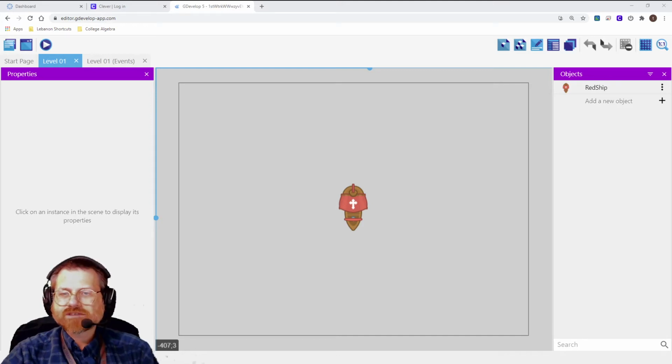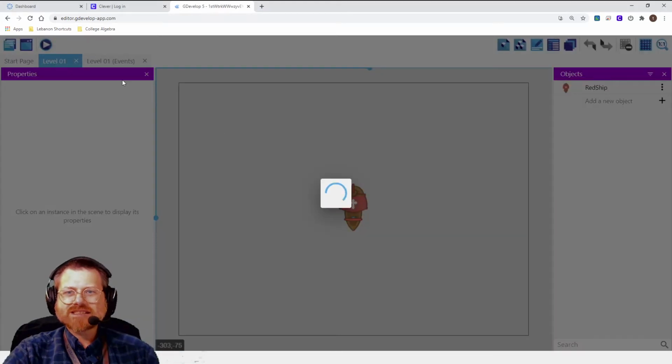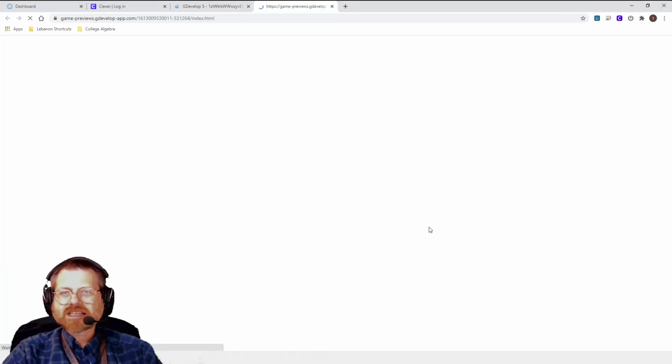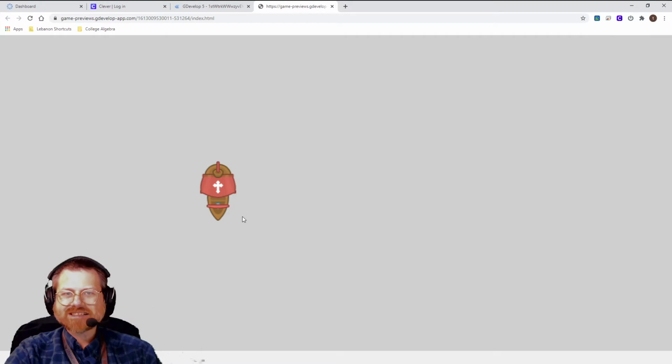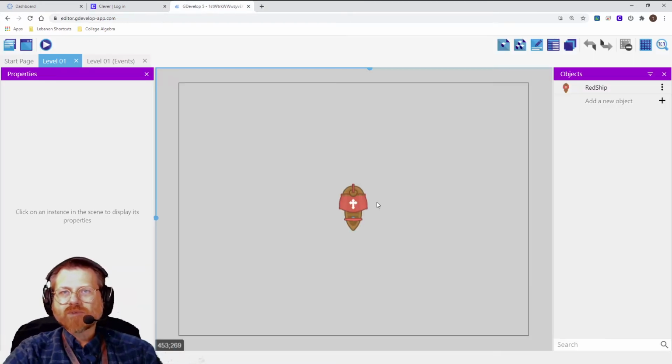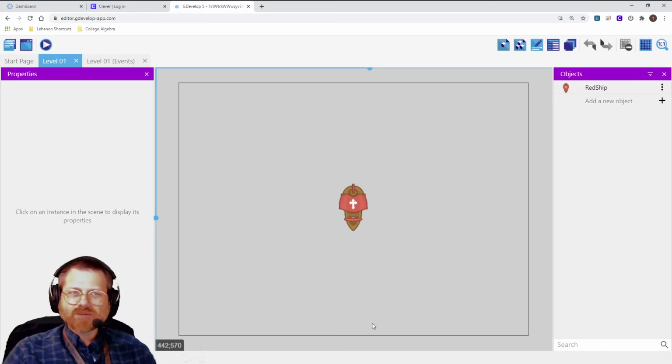So we left off with our ship in the center of the screen, and when I preview this, you'll see that it does absolutely nothing. So if I press my keys, nothing's happening. At some point, we'll learn how to program that action in ourselves, but to get started right away in GDevelop,